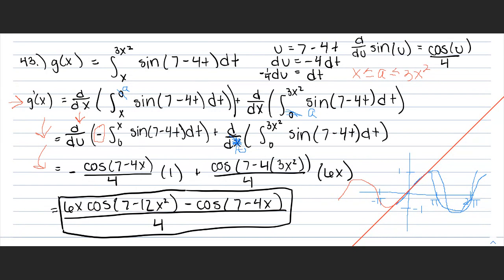You skipped some important steps. Okay, you wrote dx, now everything's right. But how do you do the u substitution? You said, let u be 7 minus 4t. Your u is 7 minus 4t, right? And what would the derivative be? Oh, I see. It's -4, we divided by -4, and then the derivative of sine of u was,